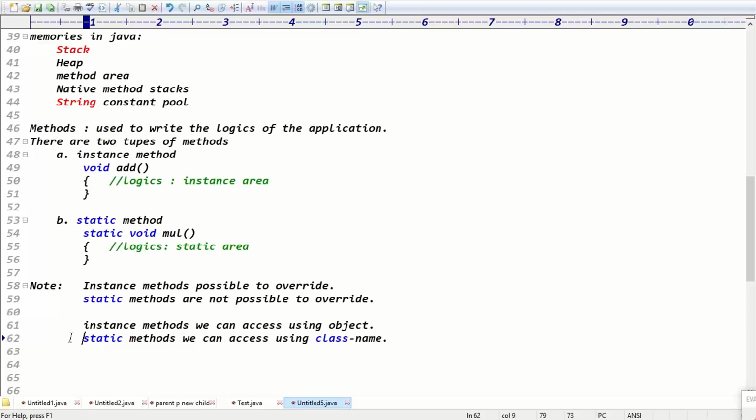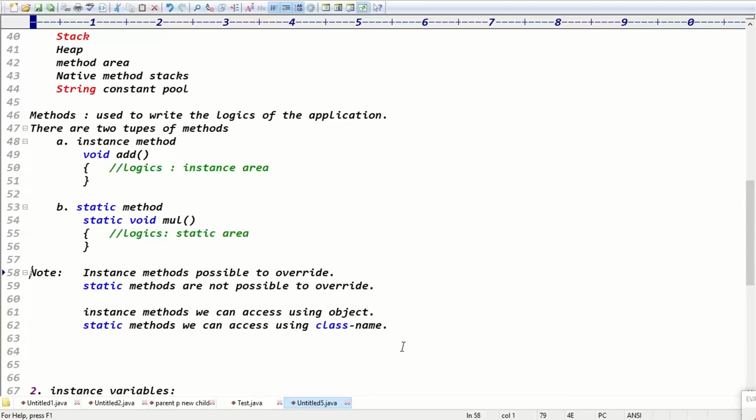But in the case of static, as we are using the class name, how are you talking about object creation? The remaining guys will be confused about the object creation process. Exactly. Sir, I want to discuss it in the next classes when you discuss the object-related concepts.